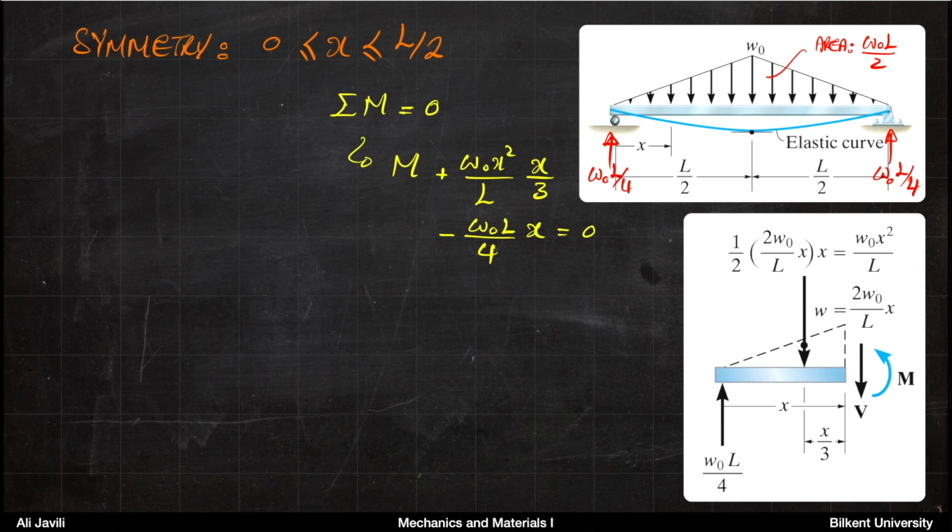So what you want to do now is to write the equilibrium of moment. So you write the sum of moments equals 0. Assuming that counterclockwise is plus, that gives you M plus what moment you get from the distributed load, which would be the effective load times distance, minus